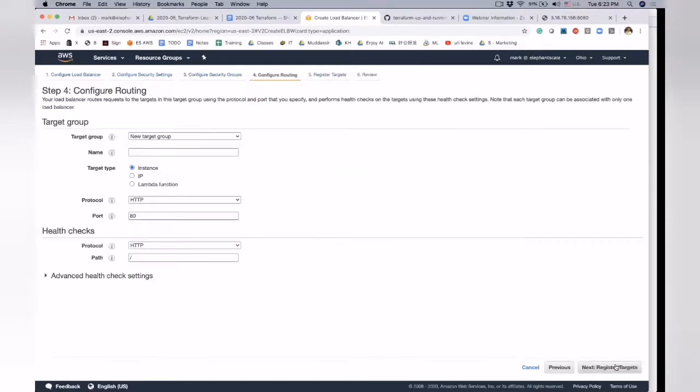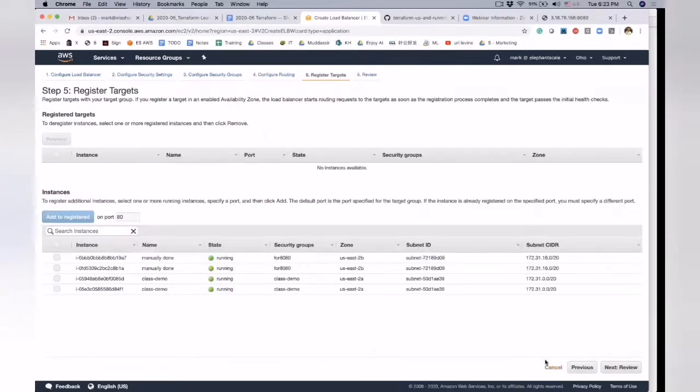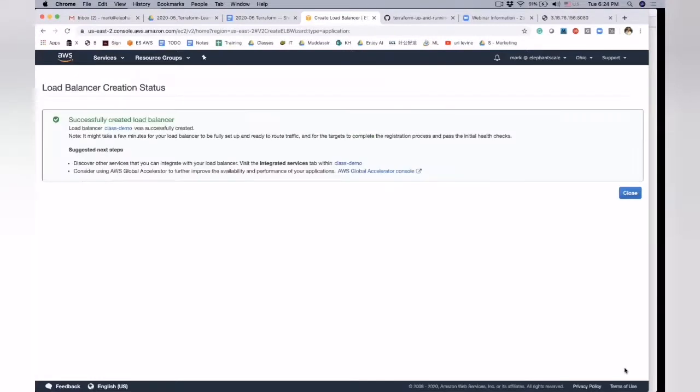Okay. Configure routing. Now it's an instance. So I need to tell it that my targets are, I need to give it a name. So it's a class demo. I'm inconsistent, sometimes with a dash, sometimes not. Now, which instances do I want to run? Well, let's look. What are their names? Class demo, all right? So it's this one and that one. Now, I only really initialized one. The other one won't respond correctly. And now I create it.